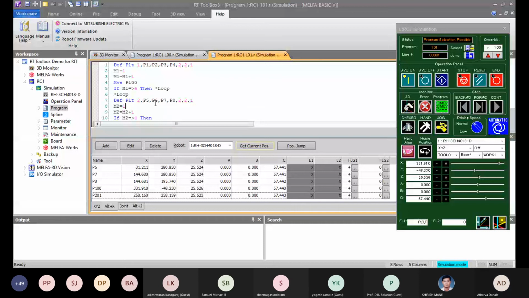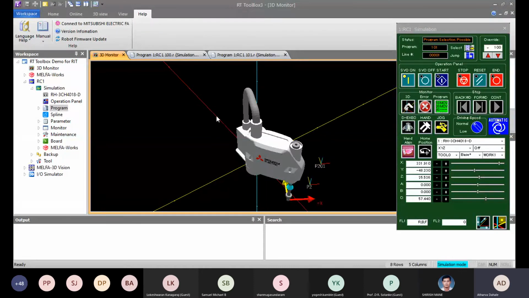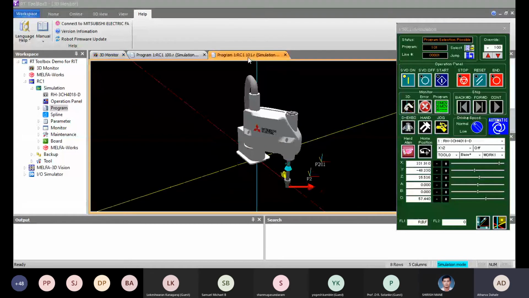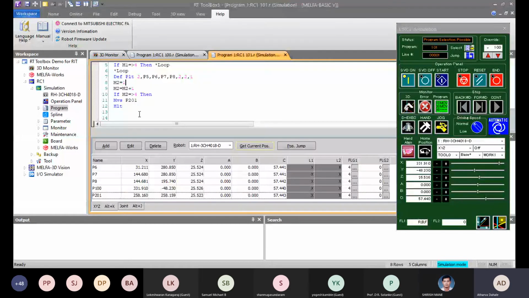Hello? Yes, sir. Sorry for the delay, but due to some technical issues, the robot is unable to fetch the position of the points in the palette entered by us. I have just seen the troubleshooting manual, but I'm not getting any idea about why it is happening. So instead of palletization, I'll show you something else in the coding.